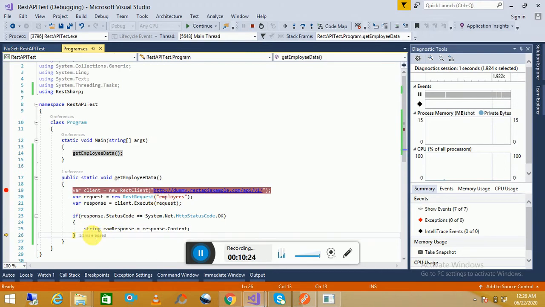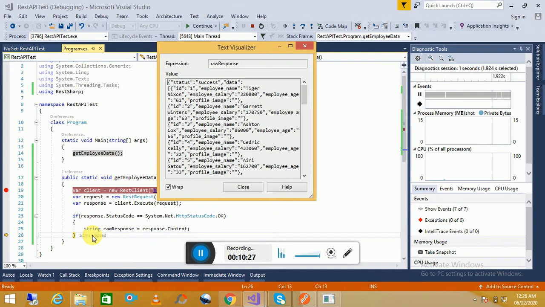Now we have to deserialize this JSON to a C# class, so that we can use it after that. Let's move and check how we can deserialize this one. Let's move.